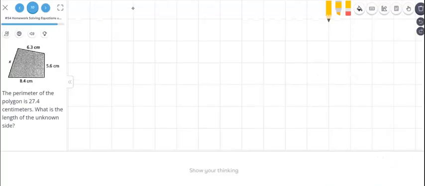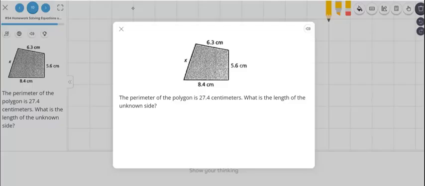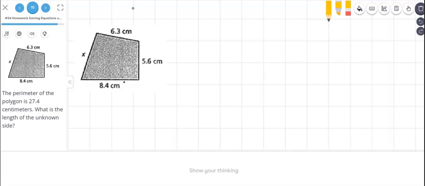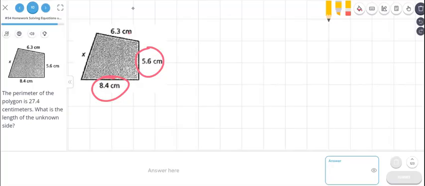Last problem. Ooh, look at that picture. So the perimeter of the polygon is 27.4 centimeters. What is the length of the unknown? So we're just going to do it as an equation. So you basically are going to add this side plus this side plus this side. So let's see, 6.3, 5.6, 8.4,